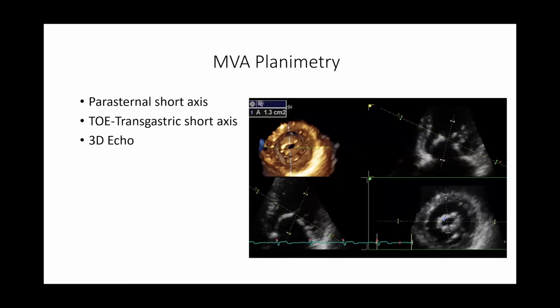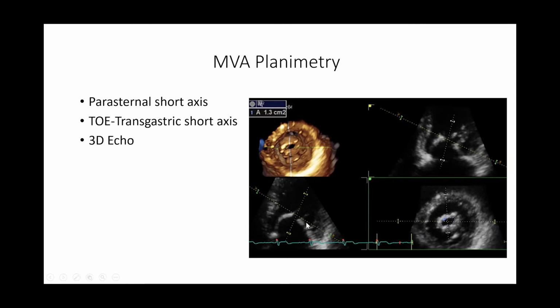There was recently one study published, I think 4 or 5 years ago. They compared all these 3 parameters, whether there's a correlation between the planimetry in the parasternal short axis, TOE and the 3D echo. And 3D echo you can do on the transthoracic as well as transesophageal. If you're using 3D echo, that was the best parameter, very well correlating with the anatomical mitral valve area. Because if you're using the 3D echo, you can be 100% sure